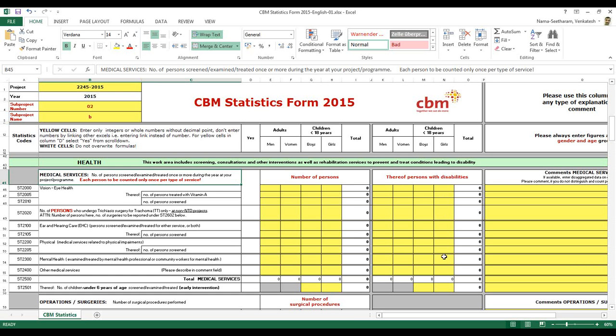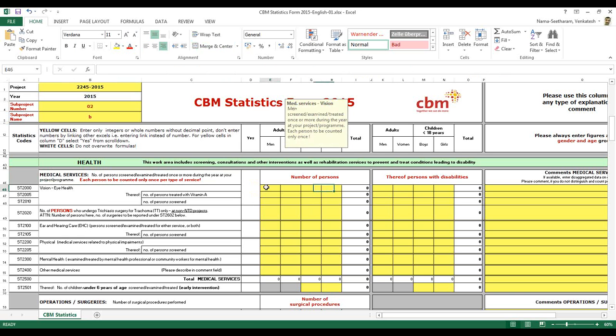This "thereof persons with disabilities" was not asked for the medical projects till now. We were asking only the number of persons, but this is an addition we are requesting for 2015. What we understand from the medical projects in other regions is that they are already collecting it. If there are, say, 100 men, it may be an inclusive setting, and they were already collecting how many are persons with disabilities.